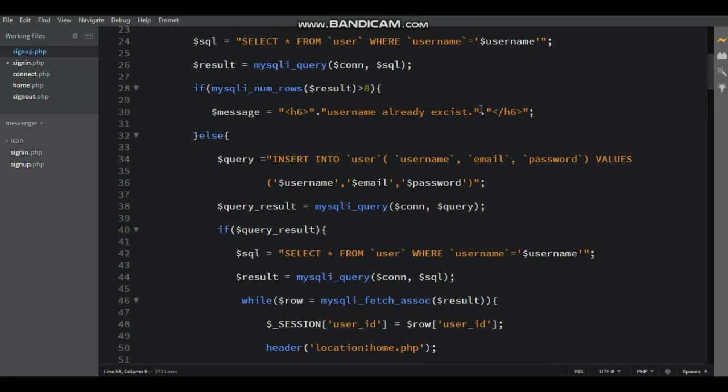Here signin.php file also same thing, that is signup.php,